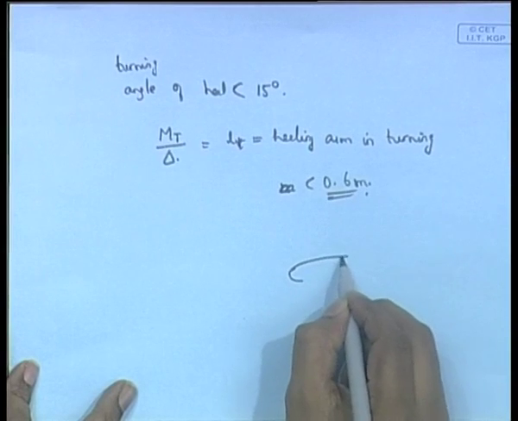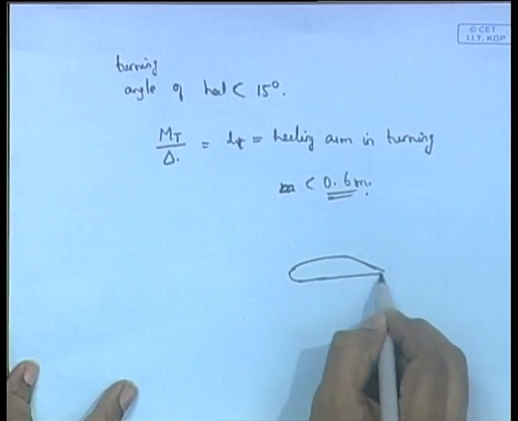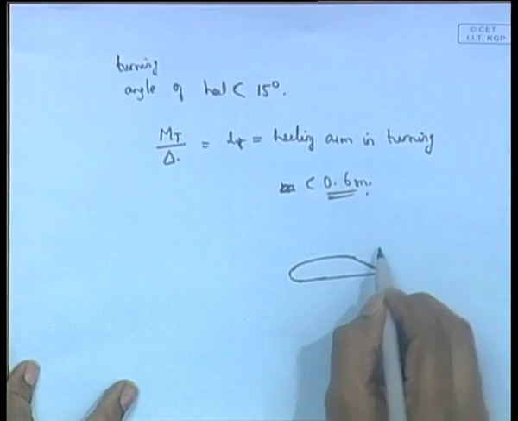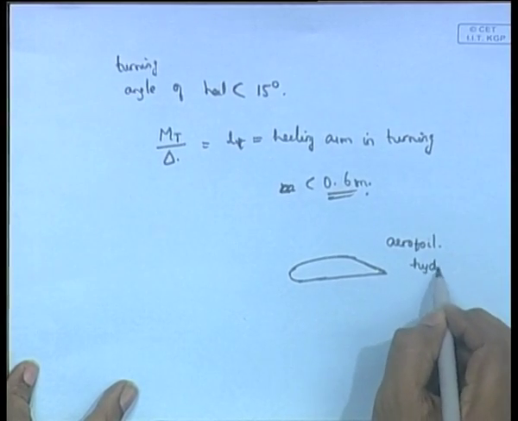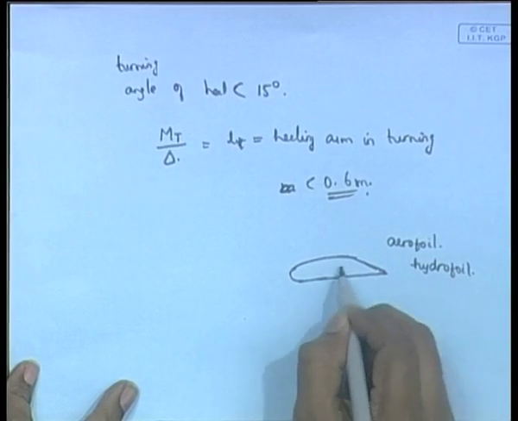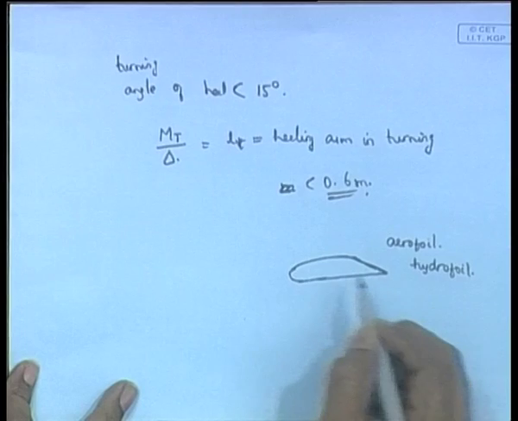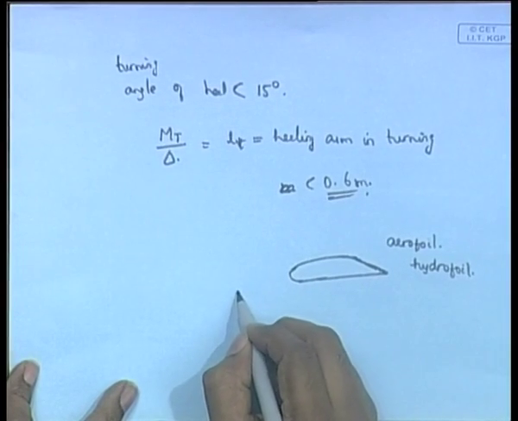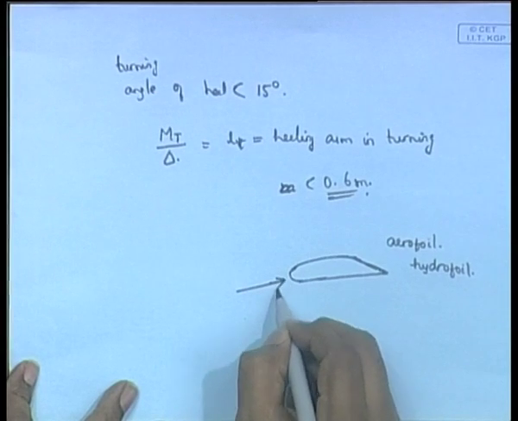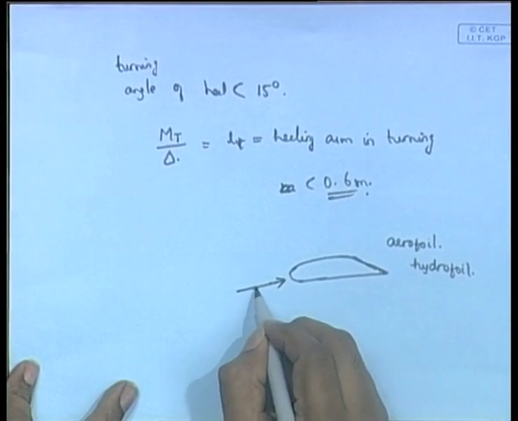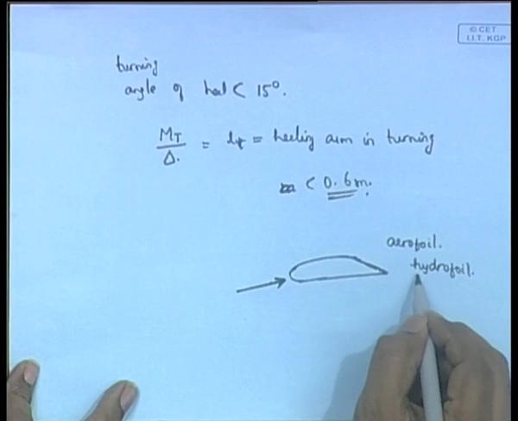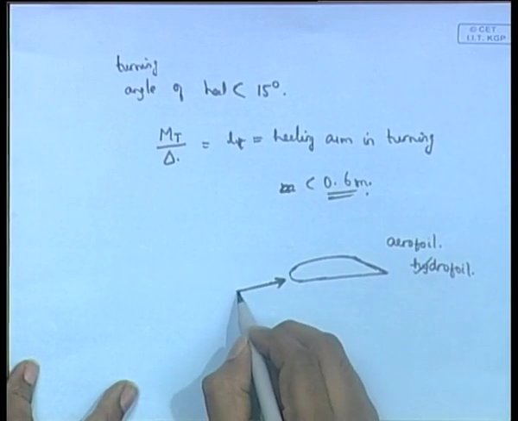Just quickly I will mention it. This represents the basic structure of an aerofoil, and a hydrofoil is very similar in shape. So, we can say that this is a hydrofoil. If you call this the shape of a hydrofoil, and an air stream comes like this, or in our case, since we are talking about hydrofoils, we deal with water. When water comes like this,